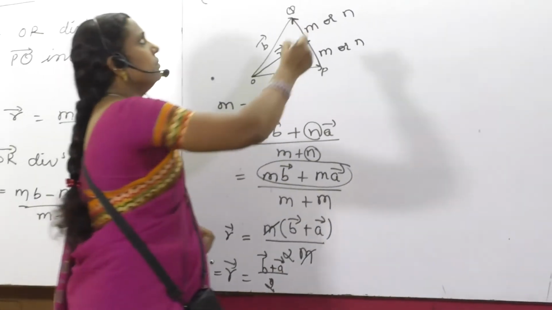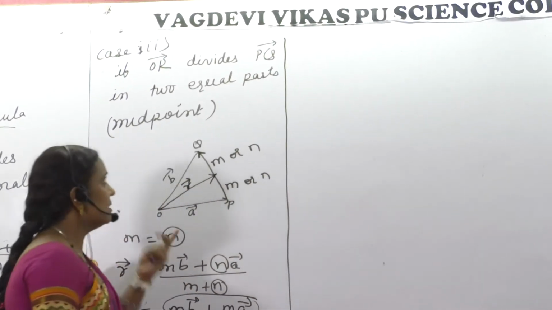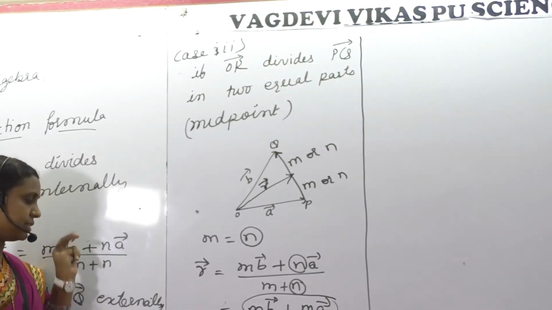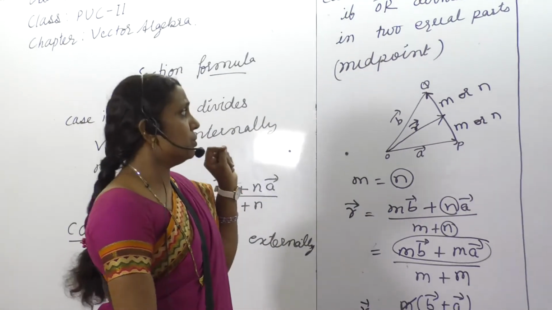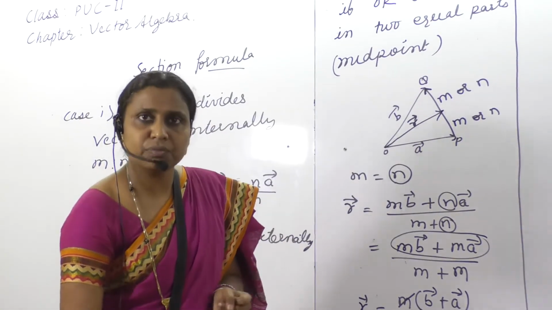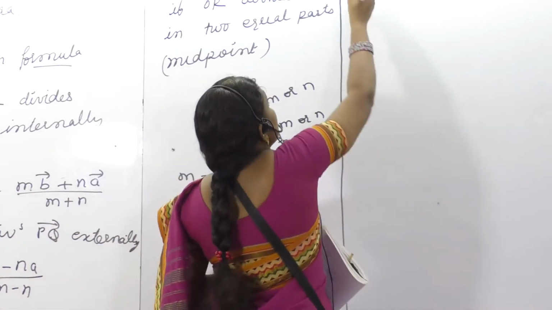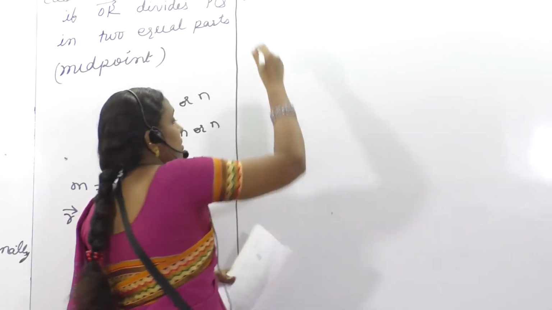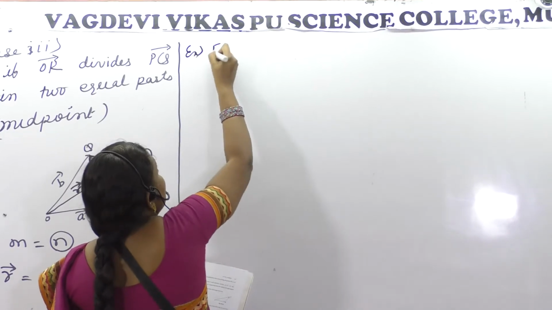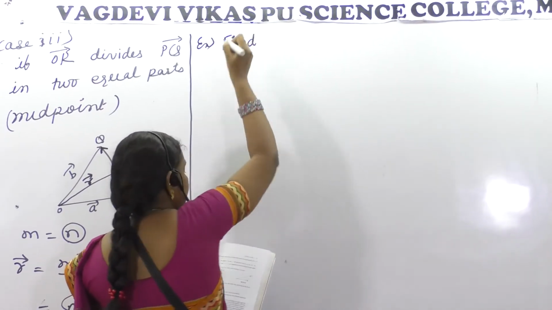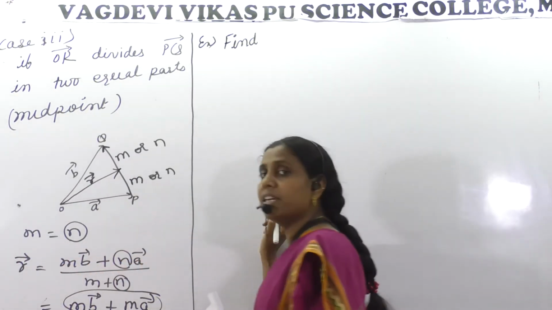Okay. So with reference to this section formula, this is said to be the midpoint formula. Internal section, external section, midpoint. So with reference to this theory, we are having few questions from the exercise. We will try to solve those questions. Okay. So these examples I am collecting from the exercise. Solved examples you can refer by yourself. If any queries are there, you can just have a discussion.